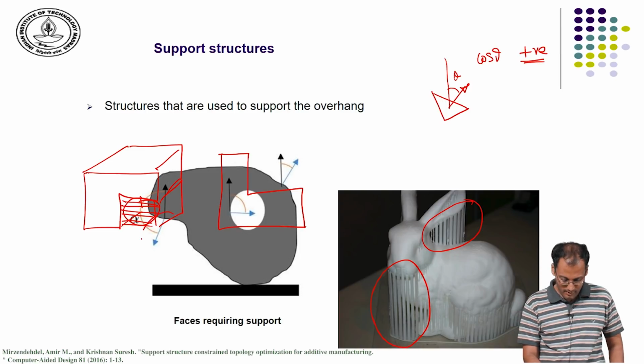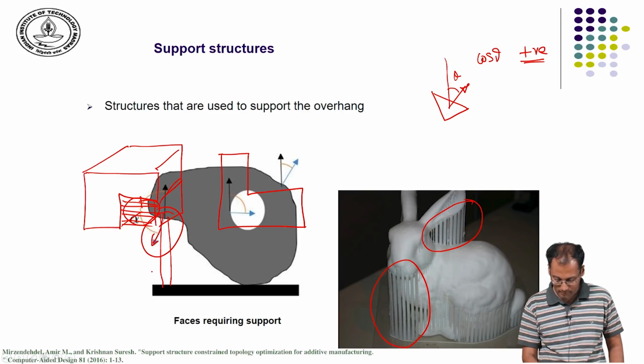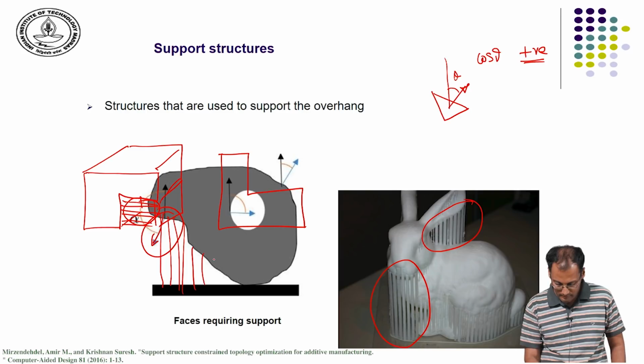So, these surfaces which have the downward facing normals will need the support, and the facet can be projected down to create the volume element, and by summing up all such projected volumes, one could estimate the volume of support that is required,